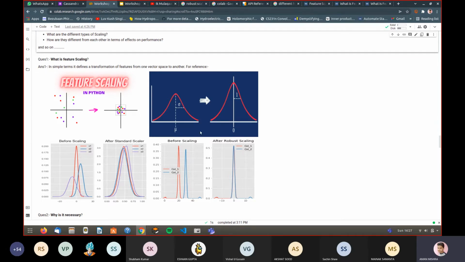Another example is this Gaussian distribution, this normal distribution, where the original distribution has the variance sigma square and the mean mu, but after scaling, it comes down to mean 0 and standard deviation 1. This is also a type of scaling which we will generally operate with normal distributions.